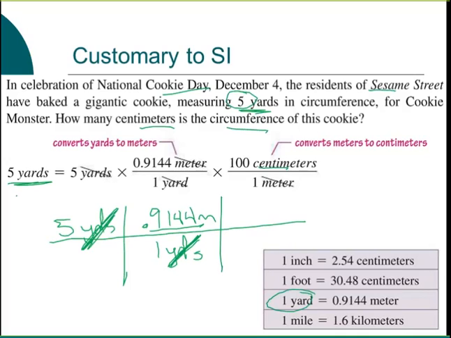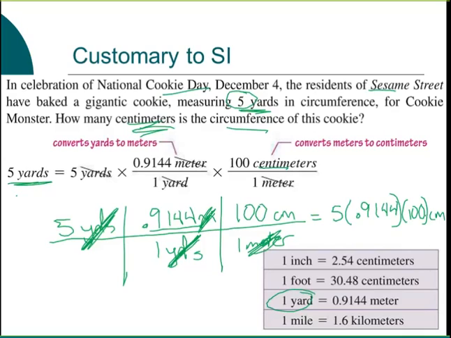Well, I don't want meters. I want centimeters. So to go from meters to centimeters, I know that 1 meter is equal to 100 centimeters. And so if I cancel out meters and meters, I'm left over with on the top what I want, which is centimeters. So here if I multiply, I'm left with 5 times 0.9144 times 100